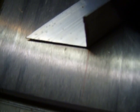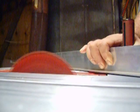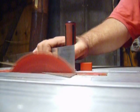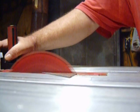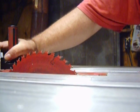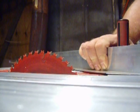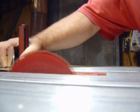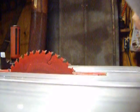So I want to cut it right there, see? So this is what I do. This may not be a good deal. You guys can try to watch it. I think I need to raise my blade up. I usually cut an inch and a half. This here is 2"